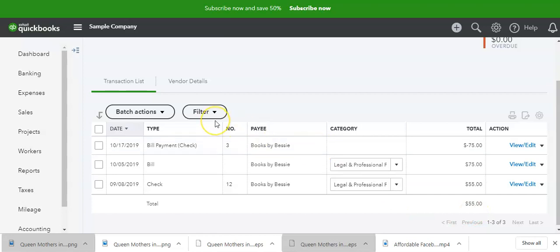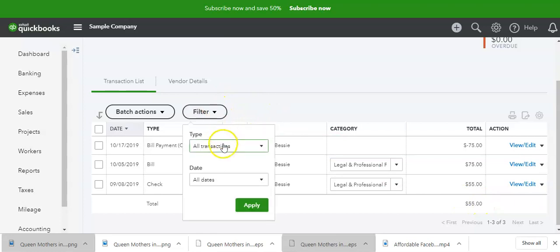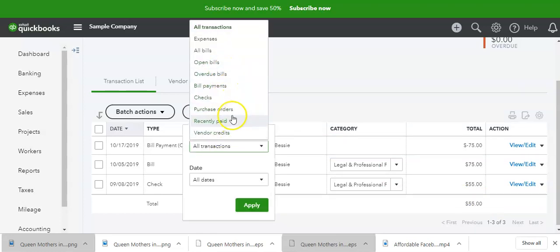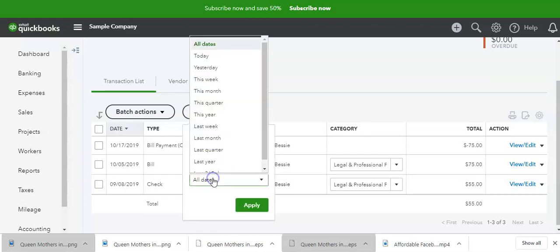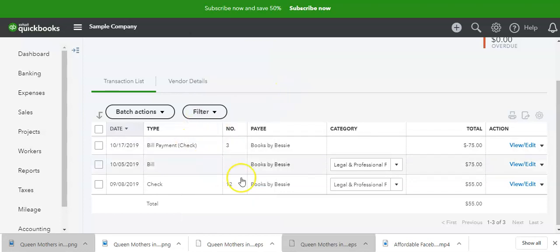And this is not multiple years, but if it has multiple years, you can actually do a filter. Instead of all dates, you're going to want to say this year. So you'll filter it for just this year, all transactions that you've paid them. And look at this number down here. If it is $600 or more,